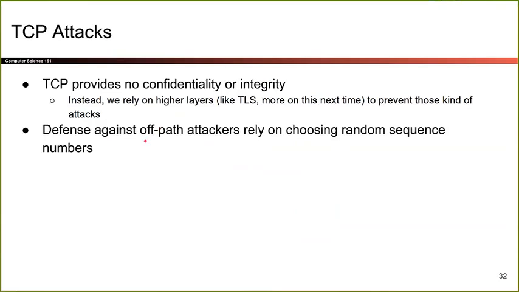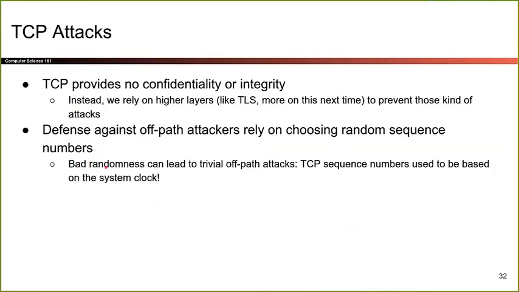Remember way back we asked, why did TCP use random sequence numbers? Why didn't we just start at 0 every time or use a timestamp or something? Now you know why, so we've put all the pieces together. The reason we're using random sequence numbers is because we want off-path attackers to have a very hard time guessing them. If we use bad randomness, like a poor PRNG, or we just use the timestamp or whatever, that could be terrible, because now the off-path attacker has a very good chance at guessing sequence numbers. And that lets not only man in the middle and on-path, but also off-path attackers mess with TCP. So that could be a problem.